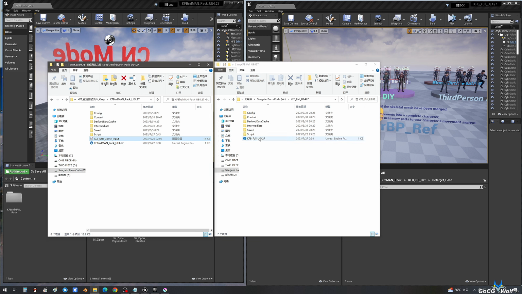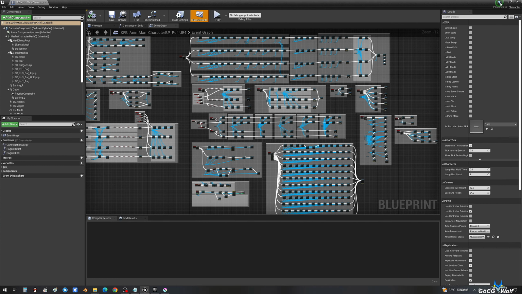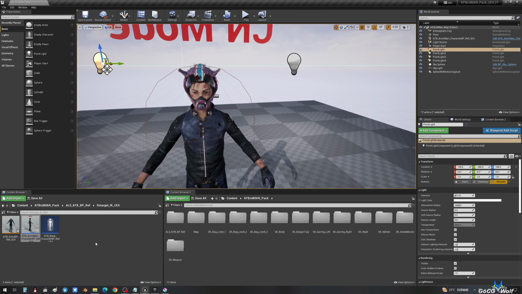After the update, this has been moved to the config folder. The character's helmet was originally configured as visible in the blueprint. After the update, it has been set to be invisible at the start.